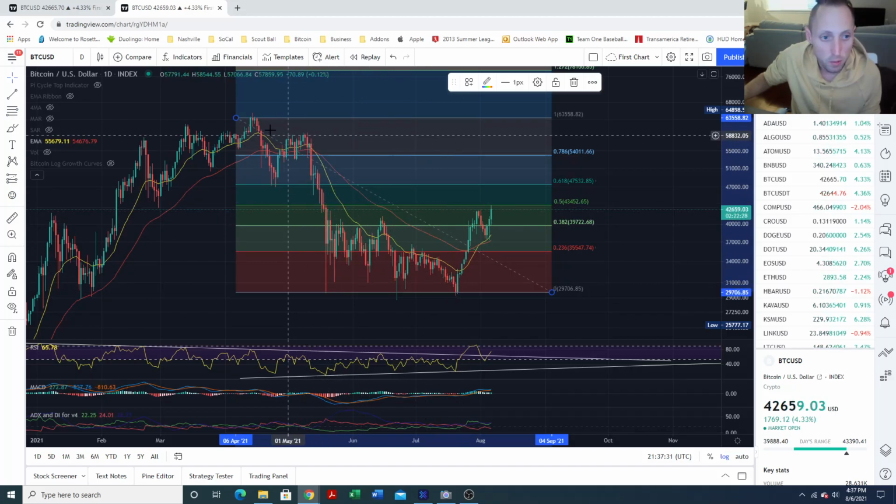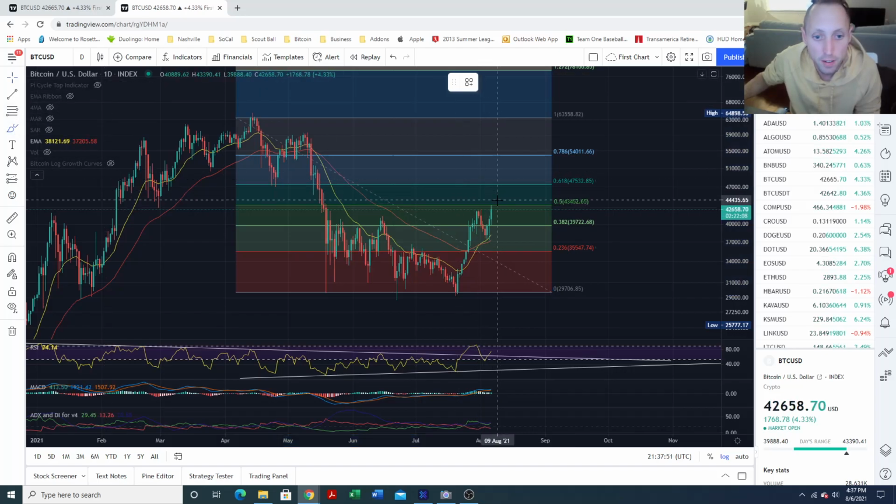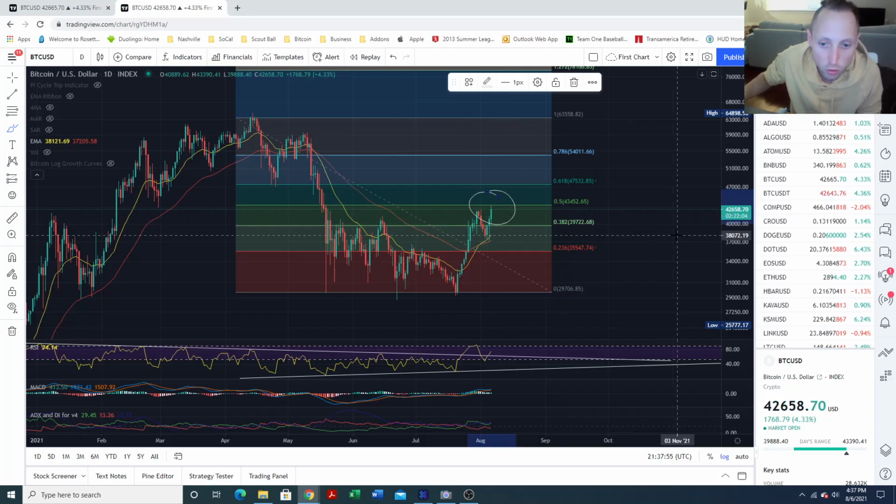And what this is showing me is this was the top, this is the bottom, and these are the fib levels right here. Right now, this is a 50% fib level, 0.5, at 43,452. Right now, that's where Bitcoin is testing. This is what it's going after. And this, for me, right here is a very, very important level. You don't hear about it too much, but this 0.50 is a very important level.